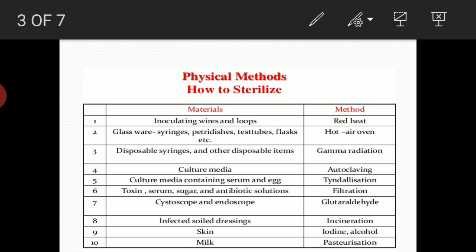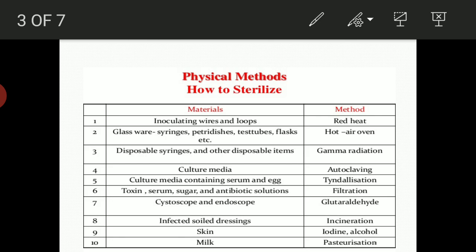Many substances such as milk are treated with controlled heating at a temperature well below boiling. This process is called pasteurization. Milk, beer, and many other beverages are usually pasteurized. This process does not sterilize a beverage, but it does kill any pathogen present. Milk can be pasteurized in two ways.